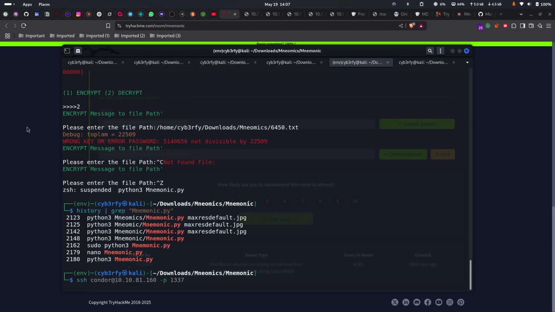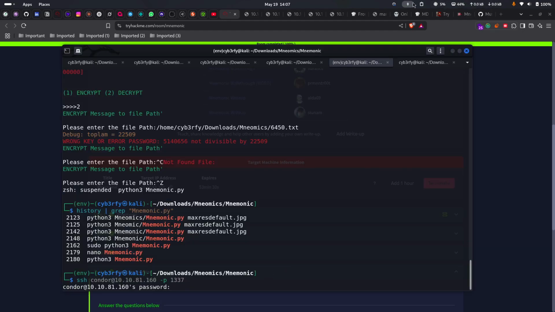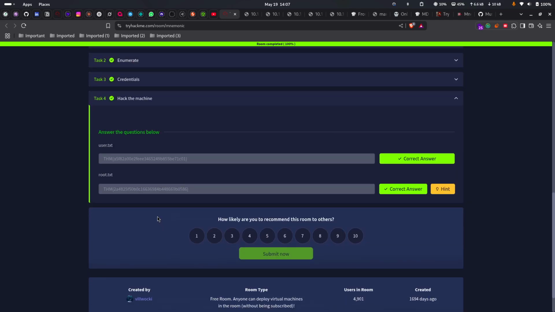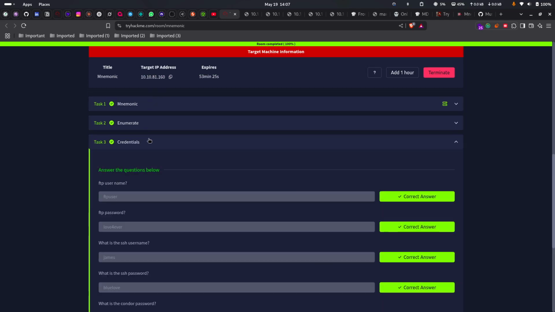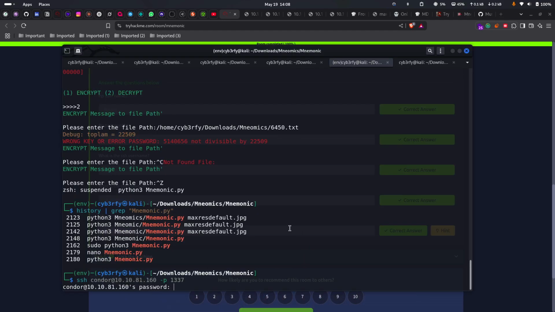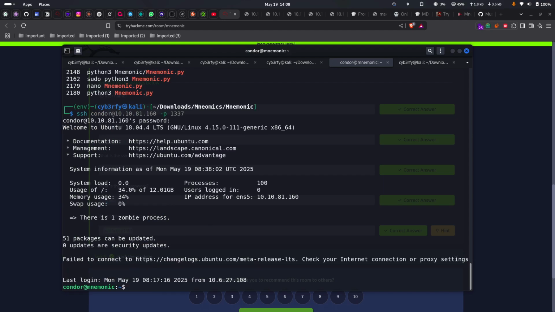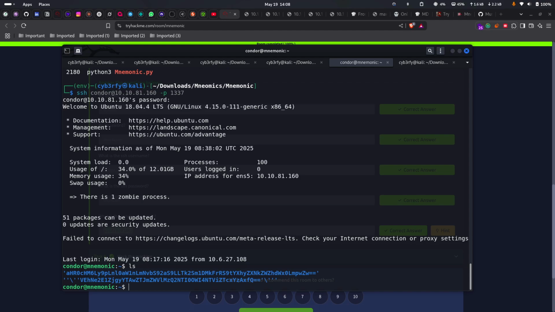I think this IP is correct, 81.160. Okay, let's paste the password for it. Okay, copy the credential and paste it here, enter. There were these two files which we came across earlier, to decode the link and the flag one. Now I searched for anything, but I didn't find anything, so I just ran